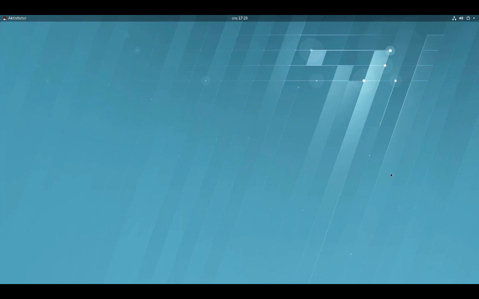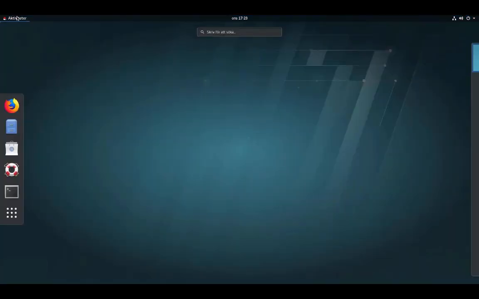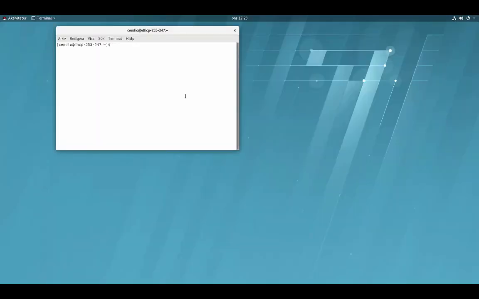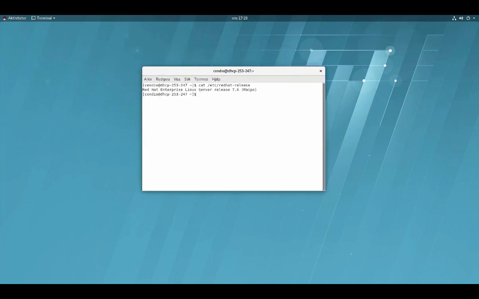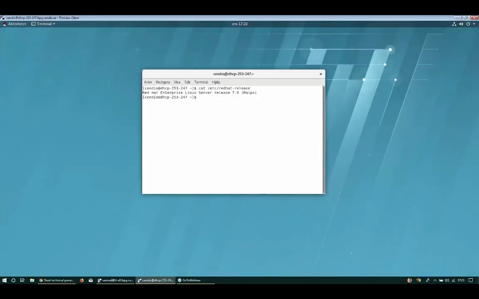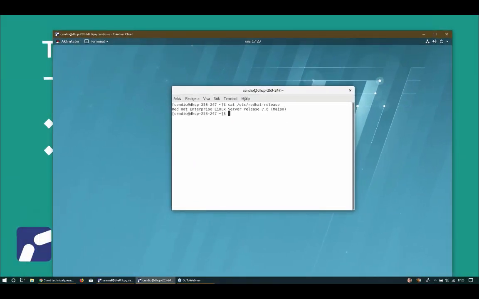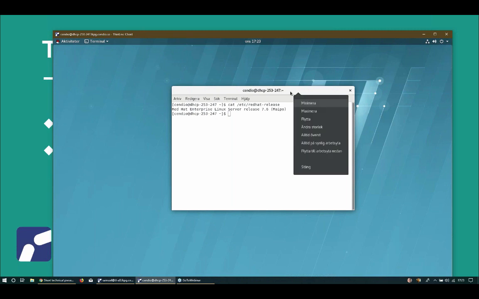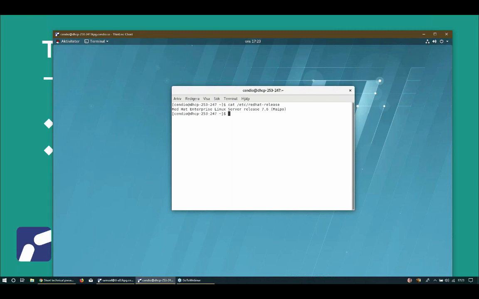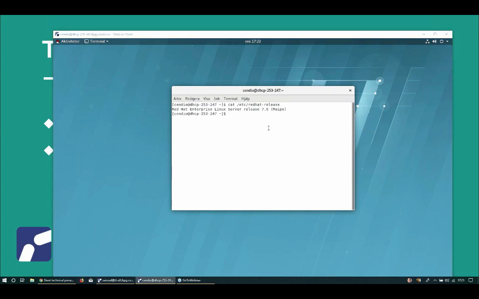Great. Just to show you, here we have a Red Hat machine, and we are connected using ThinLinc. What we have here is the normal ThinLinc client. This is the same client that you will use on the IGEL OS. Of course, IGEL OS is Linux based, so that's a Linux client, but it works the same way as this Windows client. What we also have is a web client.